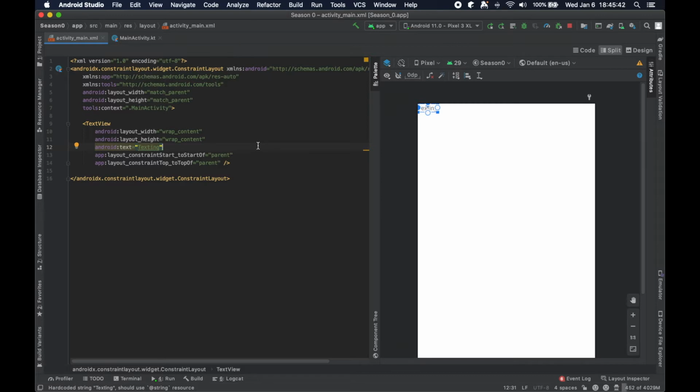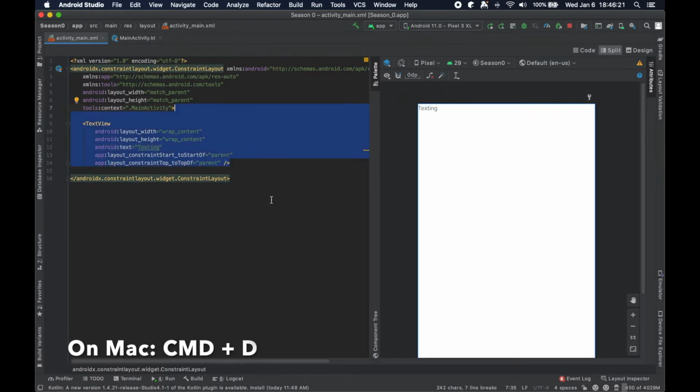It also, once you get used to it, is just intuitive, right? It just is the way that you would imagine how you want to set that view up. You want this view to be in the top left corner of the screen. Well, how would you actually make that happen other than setting coordinates 0, 0, which is a very hard-coded approach? How would you actually represent that in code with some logical thought process to it? And so once you understand how constraints work, it's actually pretty intuitive, pretty easy,